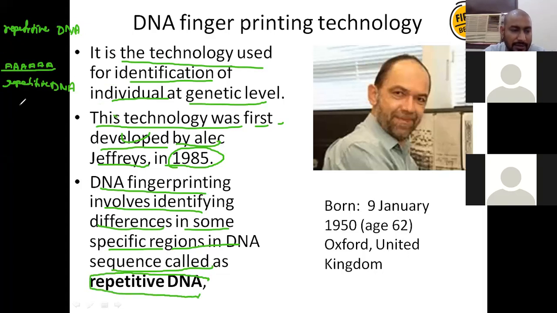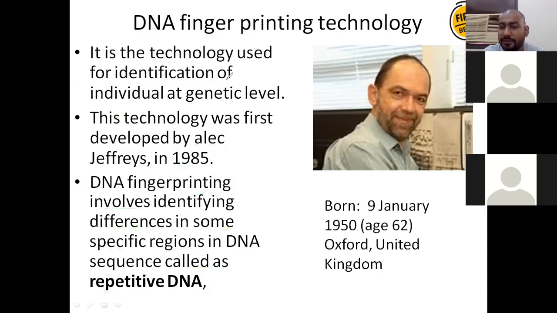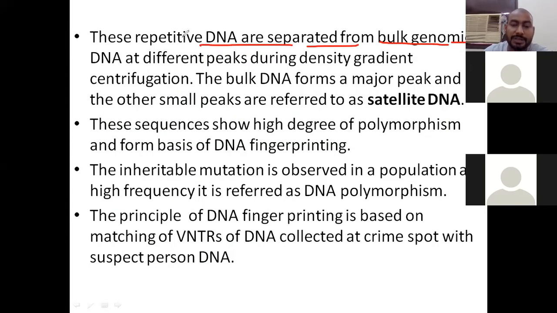Suppose the length of the DNA molecule is 2.2 meters. In this DNA molecule, you observe that in some places the base pairs are of the repetitive type, like A. So this can be used for DNA fingerprinting because they have unique features. Repetitive means unique. So these repetitive DNA are separated from the bulk genomic DNA at different peaks during the